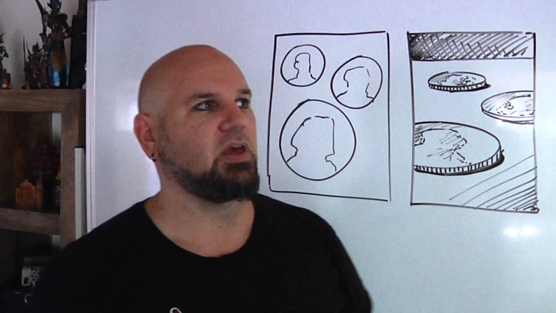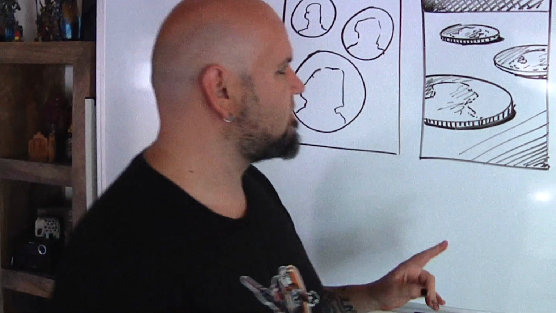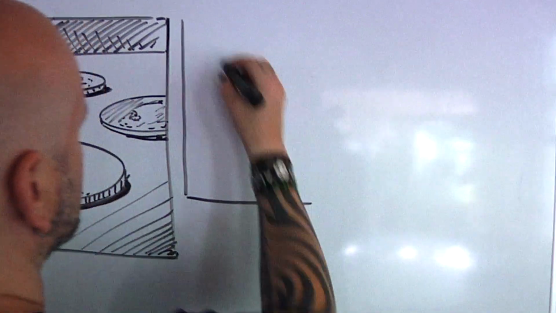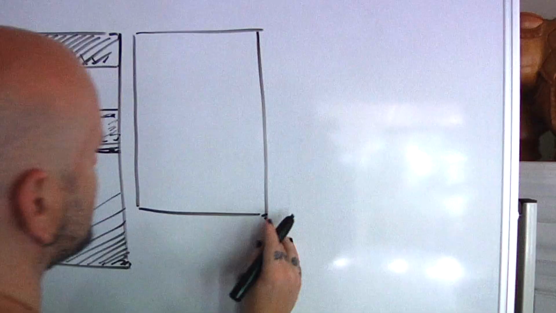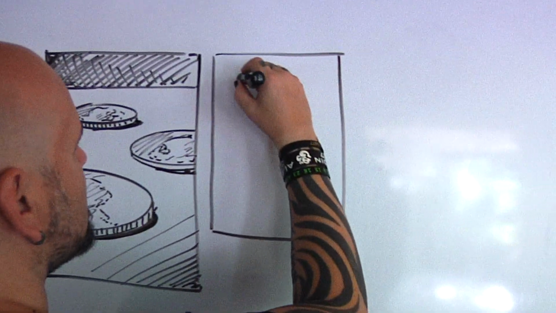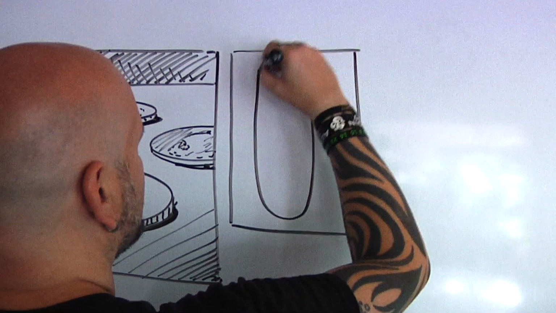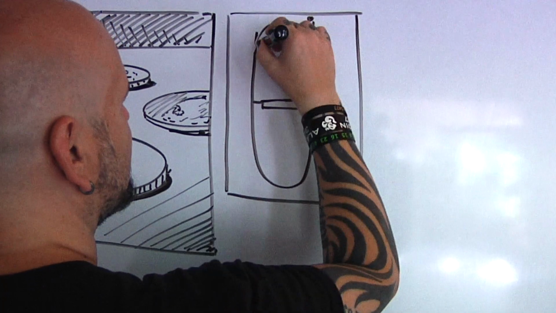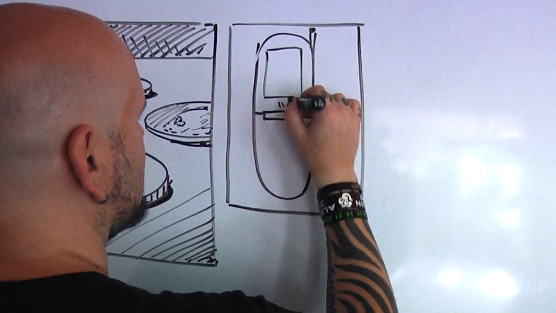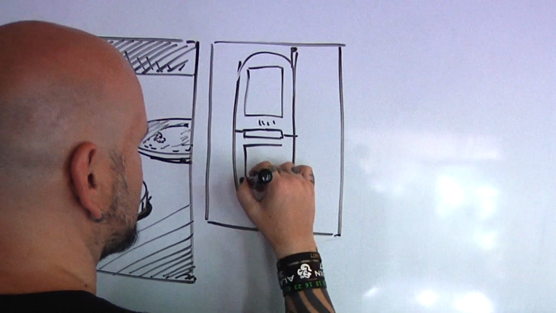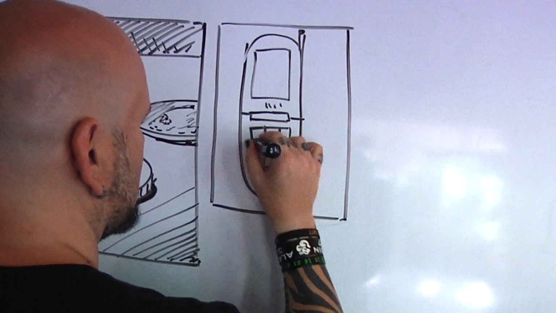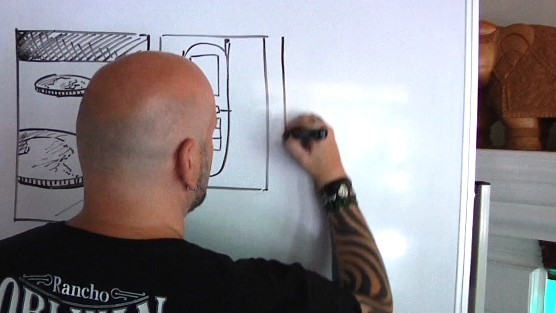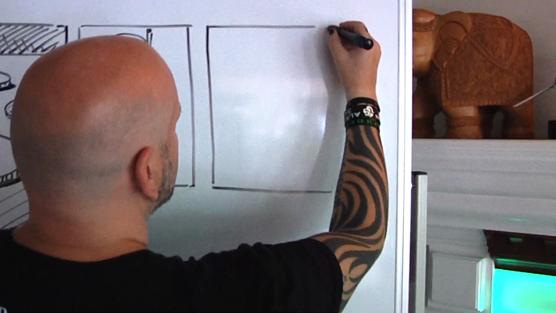Let's say you're drawing something like your phone, and let's say you're too cool to have an iPhone anymore. So let's say we've got a flip phone. So I'll draw some smaller thumbnails here. Again, the obvious, and not that there would be anything wrong with this, but you could draw your flip phone straightforward like this. Here's the little antennae. Here's where it folds in half. Here's your screen. Maybe there's the ear part, here's the mouth part, and then here is your keypad, right? You could draw something straightforward like that, or maybe you do something a little bit more interesting, where maybe